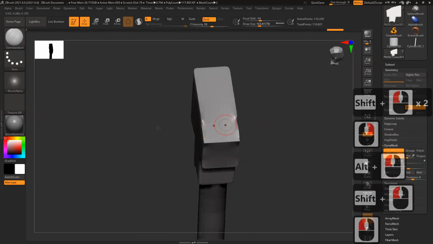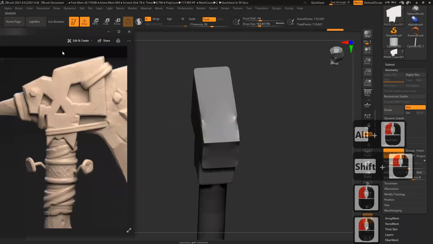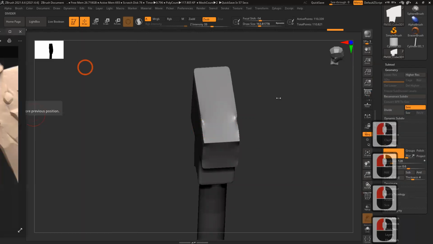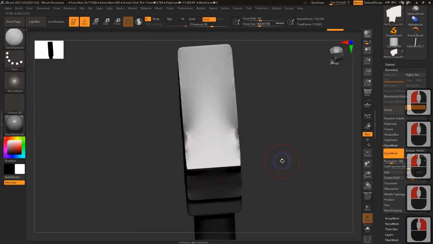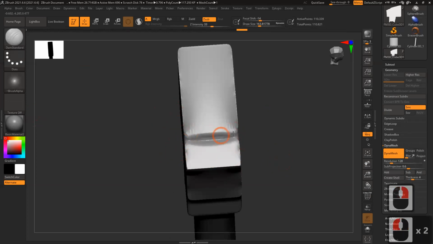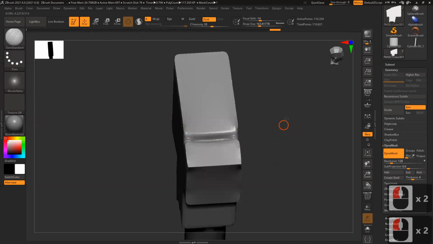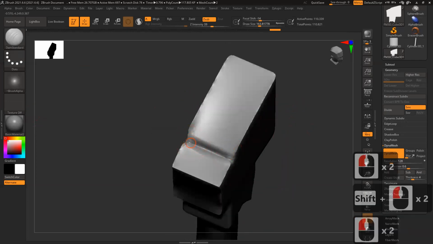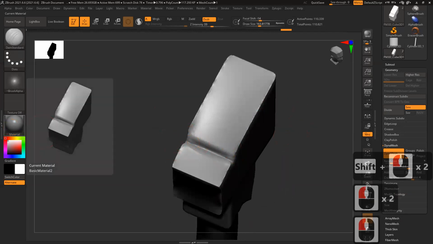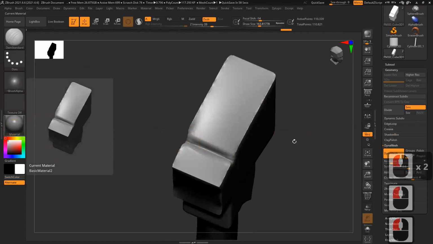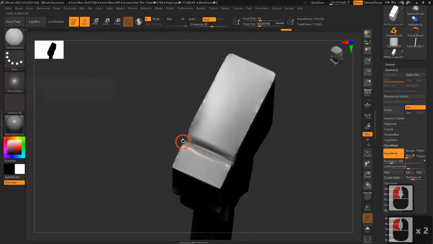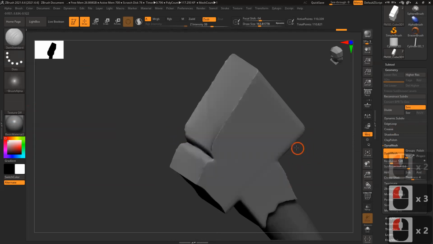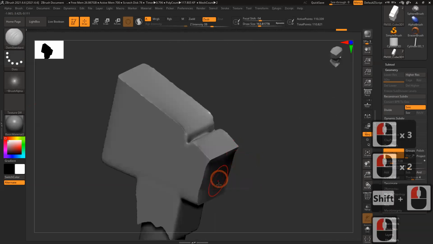Okay, so I create this thing, and now I want to create this top. There is, you can see, this dent I have to create. So how do I do it? Just create a line. See, just give me a second. Something is running on the system that's making it a little laggy. So while using ZBrush, try not to use anything else.